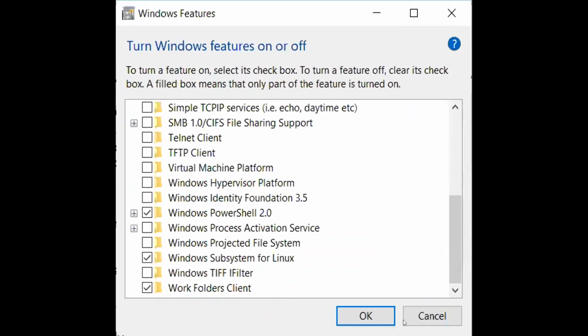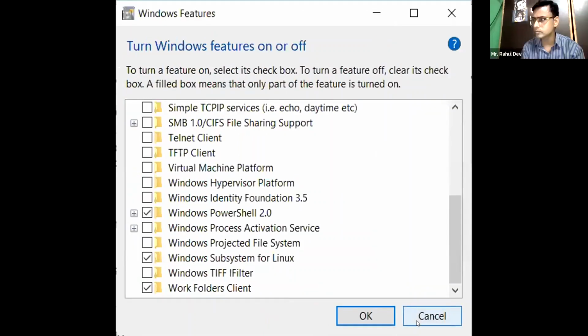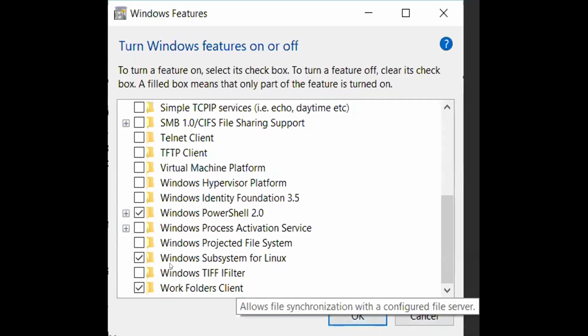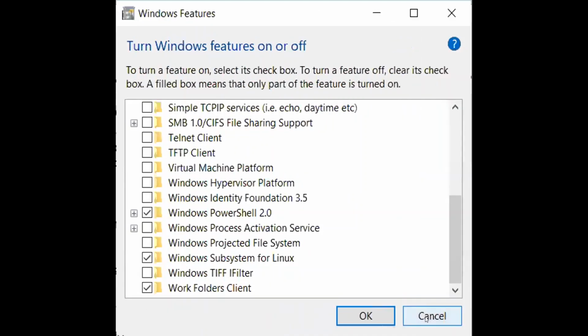Excuse me, sorry, I want to add something here. He has reached this step after opening his Windows 10 operating system, and from the start button he searched for Windows features in the settings. So if you go to settings and write Windows features, you would find this Turn Windows features on and off, and then you can turn this feature, Windows Subsystem for Linux, on. That means now you can install Linux on your system, but this is usually on in many systems, so we'll take you further after that.